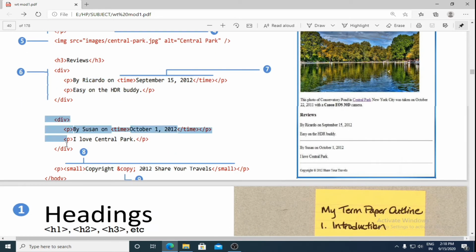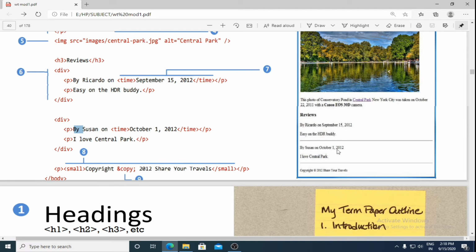Next, a div element is used again. In that there is one more review by Suzanne, and there is a time here, she has given her review on October 1, 2012, and the message she has printed is "I love Central Park".